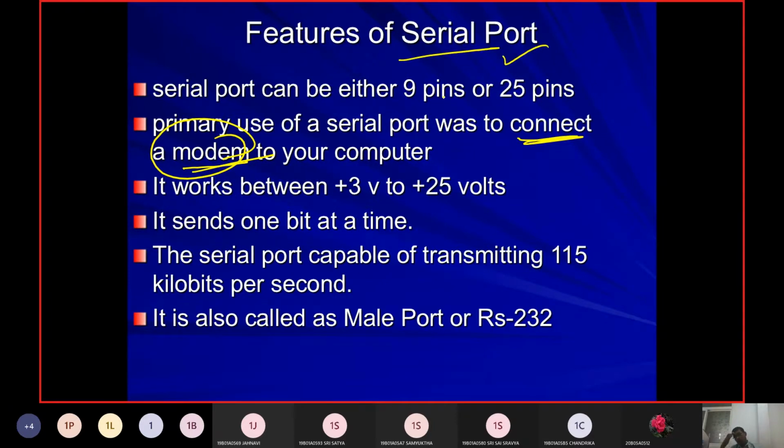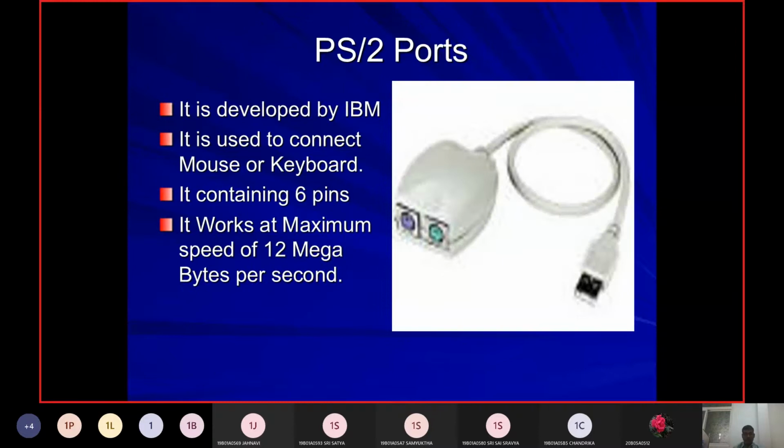In the home, you have your Wi-Fi, you have your circuitry towards the modem, etc. And that modem, if you want to connect it to your laptop or a desktop, the position where you are going to connect, we are going to call it a serial port, and it is going to transfer bit by bit at a time. So this is all regarding the serial port, and it is transferring information of around 115 kilobytes per second. So this is all the other thing.